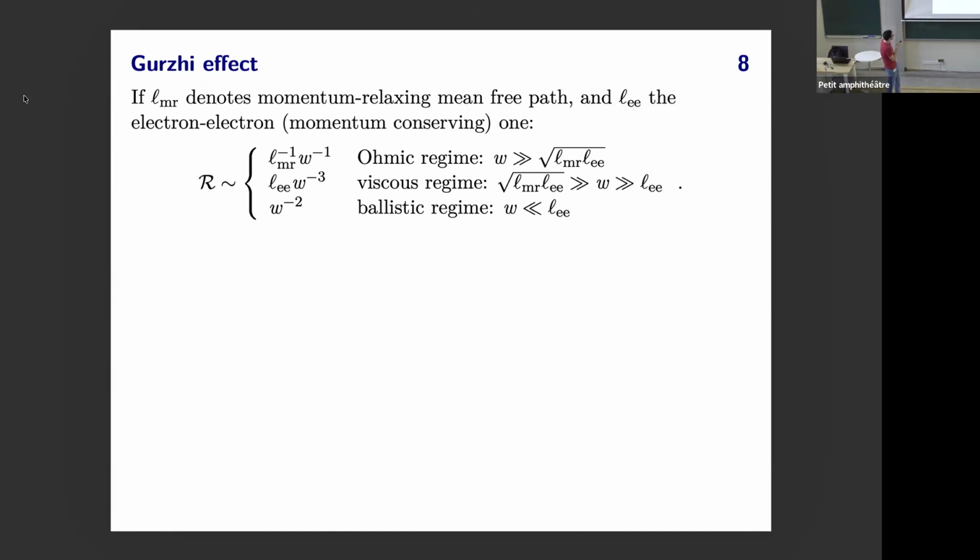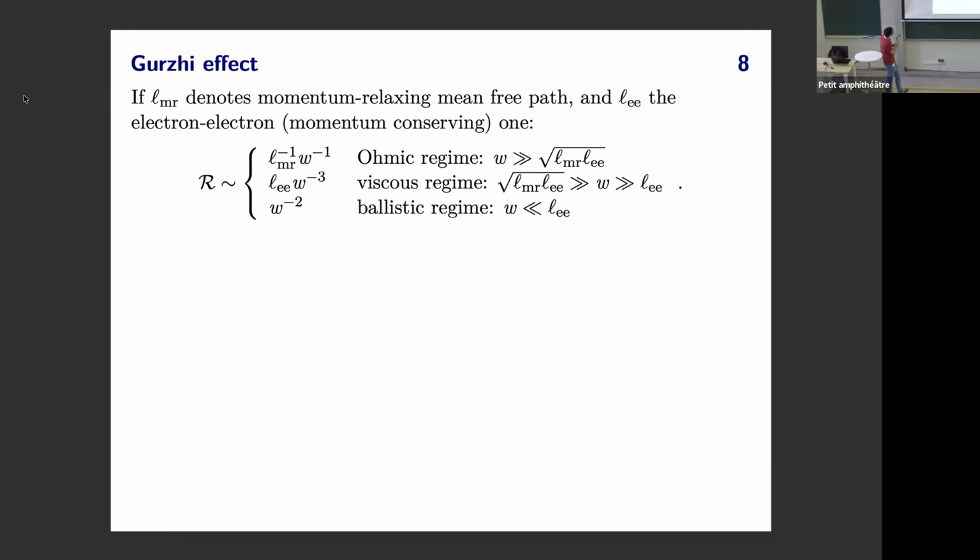So now let's think about the various transport regimes that we might be in. First, if the device is really big, then we should just see scattering off of impurities in the bulk of the device. This is what I would call the ohmic or diffusive regime. And here the time scale is basically just set by the inverse of the momentum relaxing mean free path. So this is a conventional regime where the resistance of this device is inversely proportional to width, which is the 2D analog of our textbook formula relating resistance and resistivity.